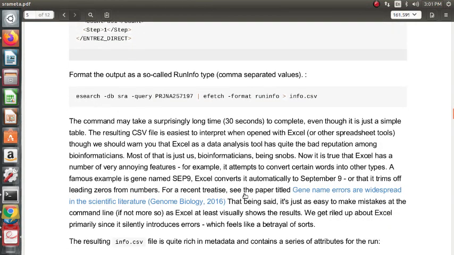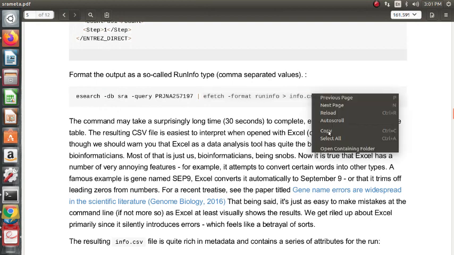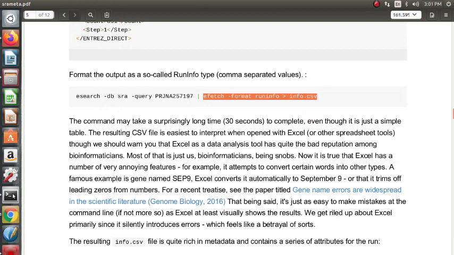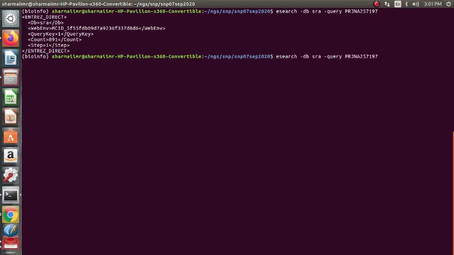So format the output as a so-called runinfo type, comma separated values. So we fetch this in format runinfo. Runinfo is a recognized format in the SRA database.